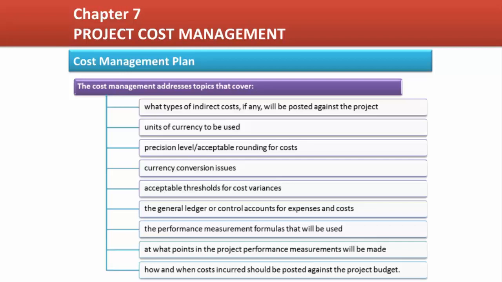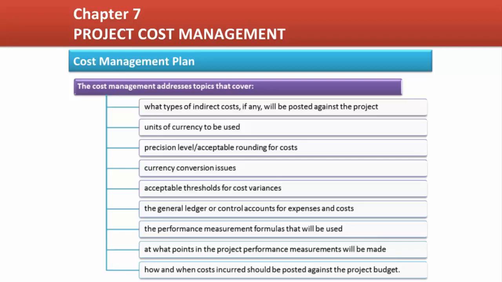The cost management plan is a part of the project management plan, and it provides guidance for all the cost processes. It establishes how project costs will be planned for, estimated, organized, reported on, forecasted, and managed. It addresses topics that cover what types of indirect costs, if any, will be posted against the project, units of